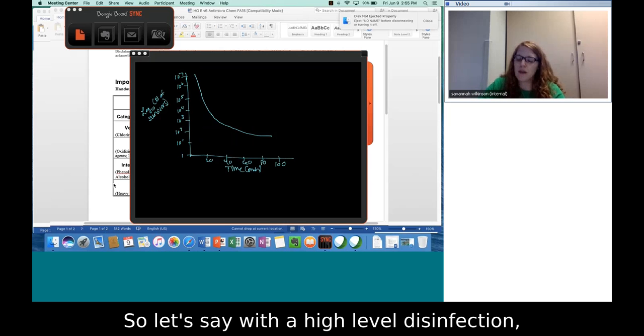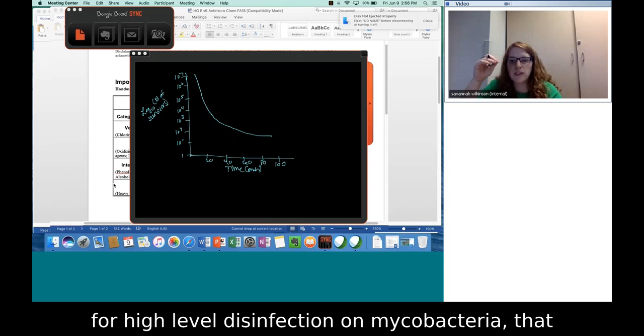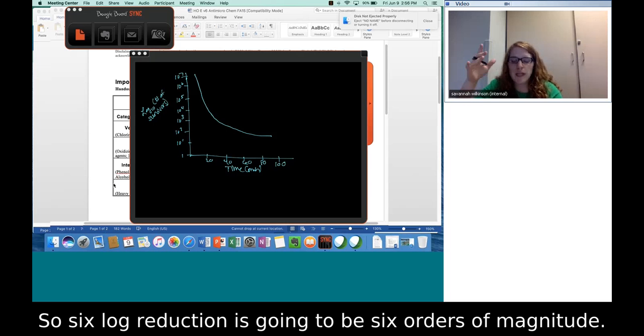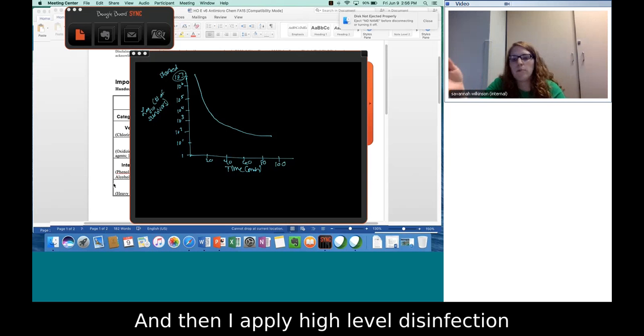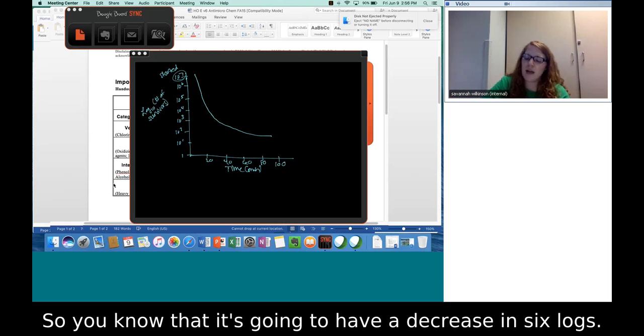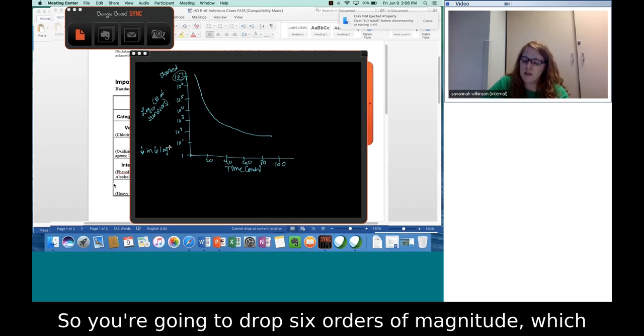So let's say with the high-level disinfection, like what I wrote down a little bit ago, for high-level disinfection on mycobacteria, that causes a 6 log reduction. Okay, so 6 log reduction, that's going to be 6 orders of magnitude. So let's say we started with 10 to the 7 cells for the population, okay? And then I apply high-level disinfection to this mycobacteria. So you know that it's going to have a decrease in 6 logs. So you're going to drop 6 orders of magnitude,